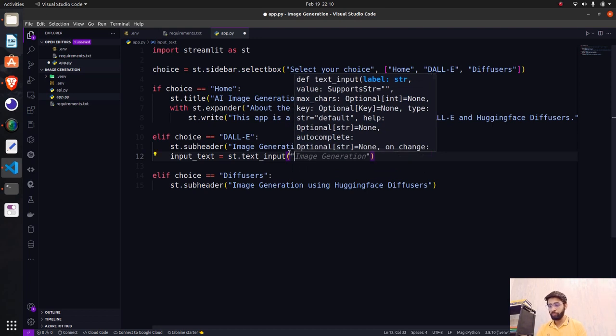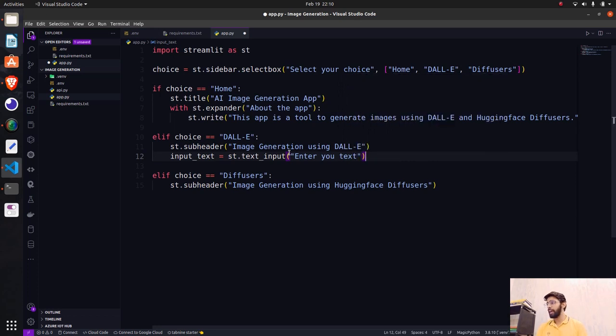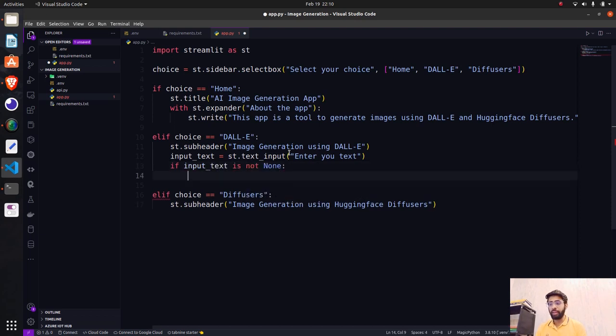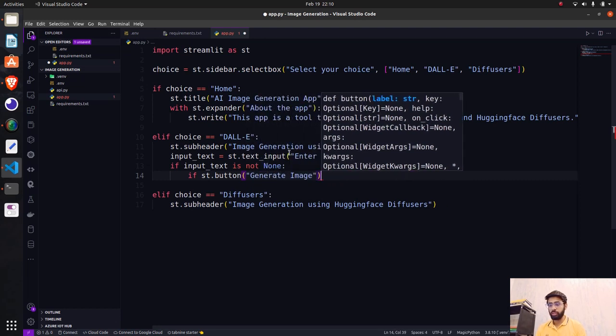So what I'm going to do, I'll call it, hey, enter your text. This is my text input, and now we have to create a button where we'll have that, generate image. But let's first also put a condition there. Let's find out if there is a value inside that input text variable that we have created. So I'm going to say if input_text is not None, and then inside this condition I will create my button. Okay, so the button will be if st.button equals generate image,